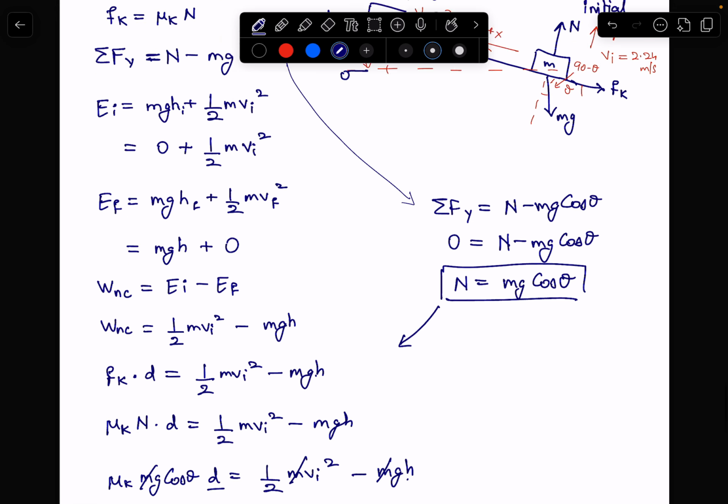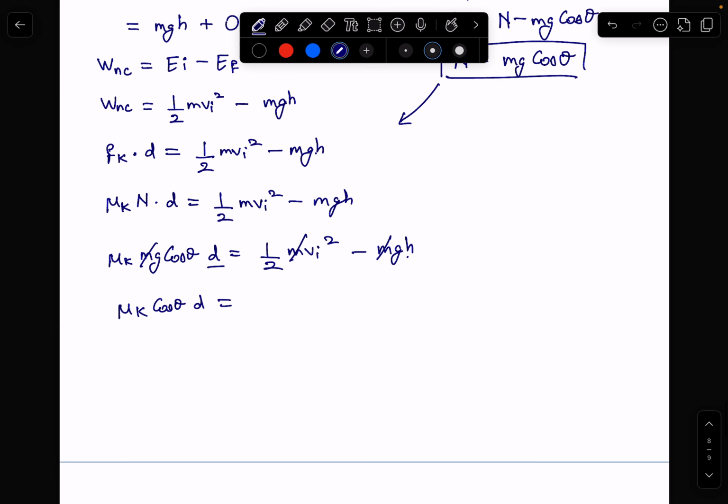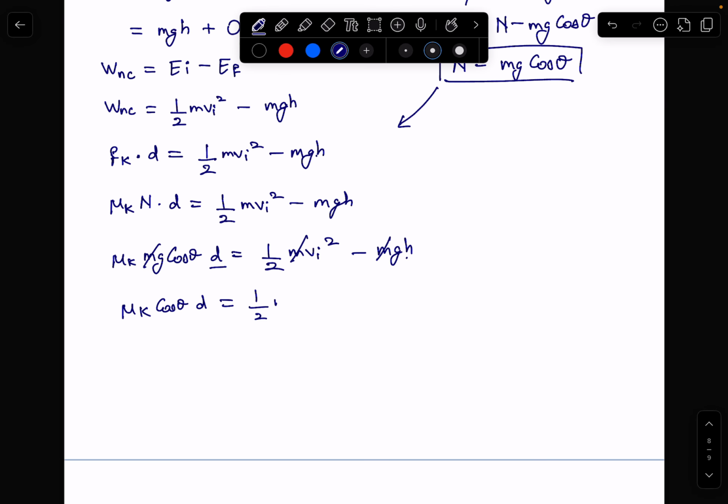Now h can also be converted into d, because that's my theta, that's my h, and that's my d. So h is equal to d sine theta. So substituting that here,